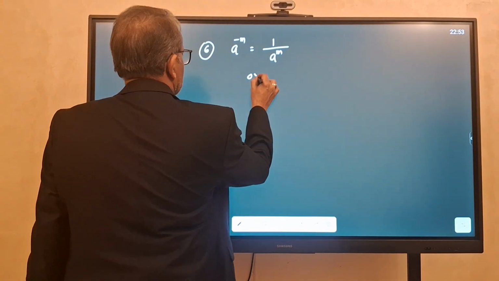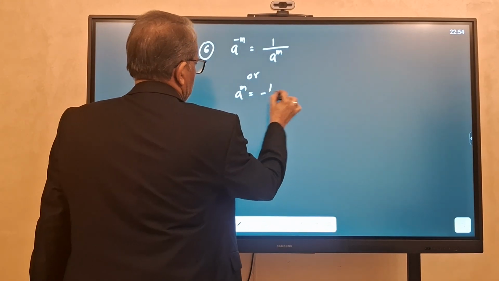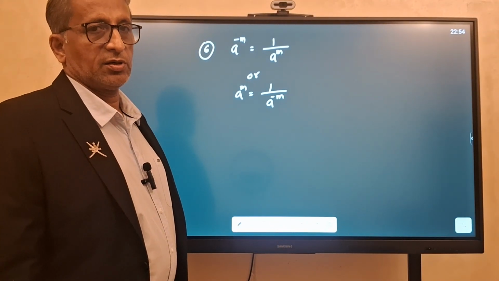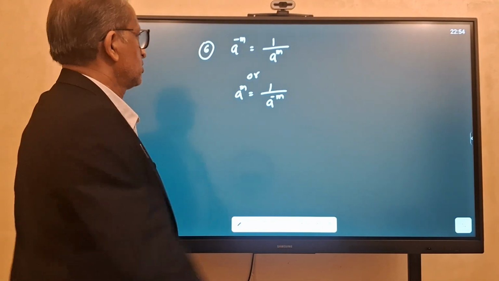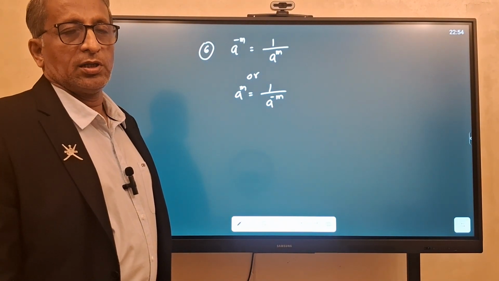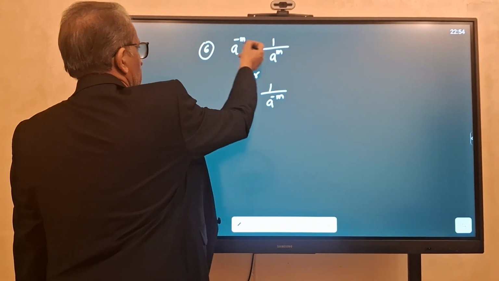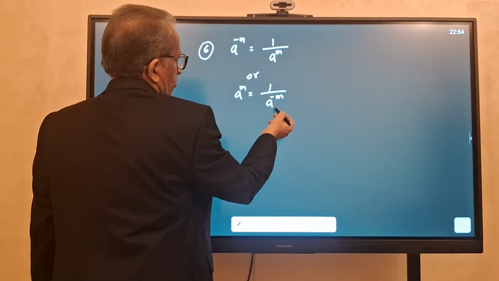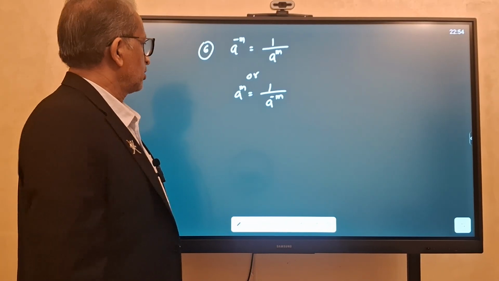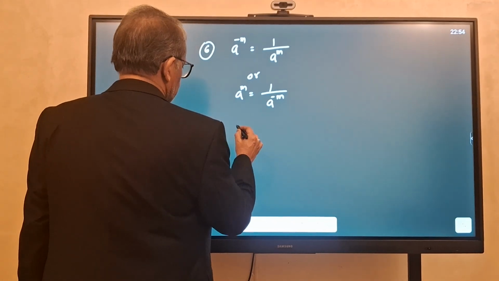In other words, A power M, if it is in the numerator, I can bring it to the denominator, then it becomes 1 upon A to the power minus M. So this is how we make the negative exponent into a positive exponent. I mean numerator to denominator, or denominator to numerator. We can change the places, but when you change the places, you have to change the sign of the power. For example,